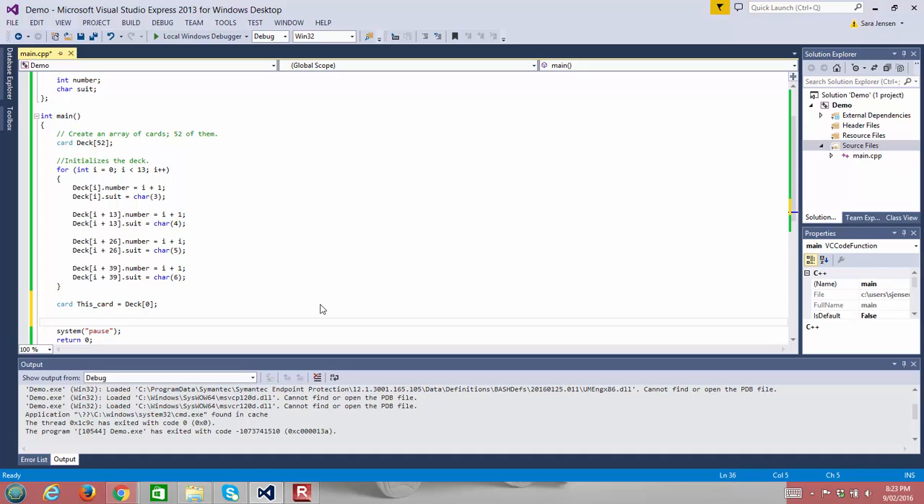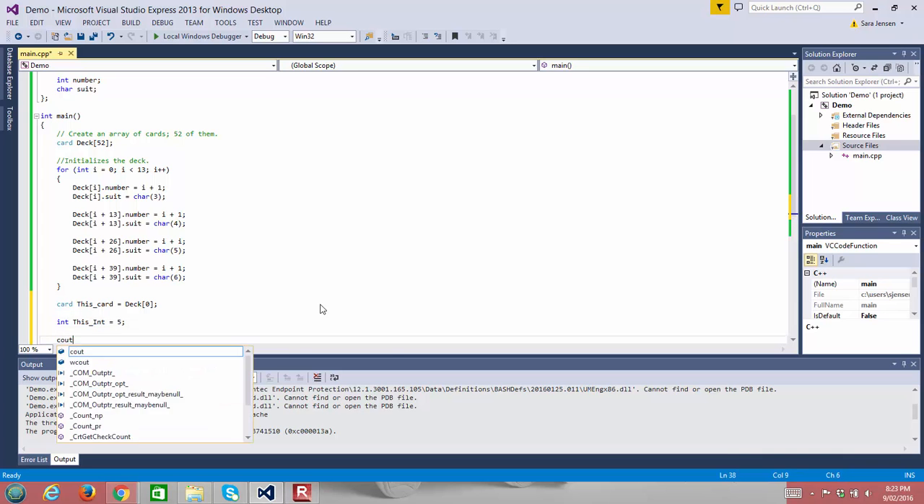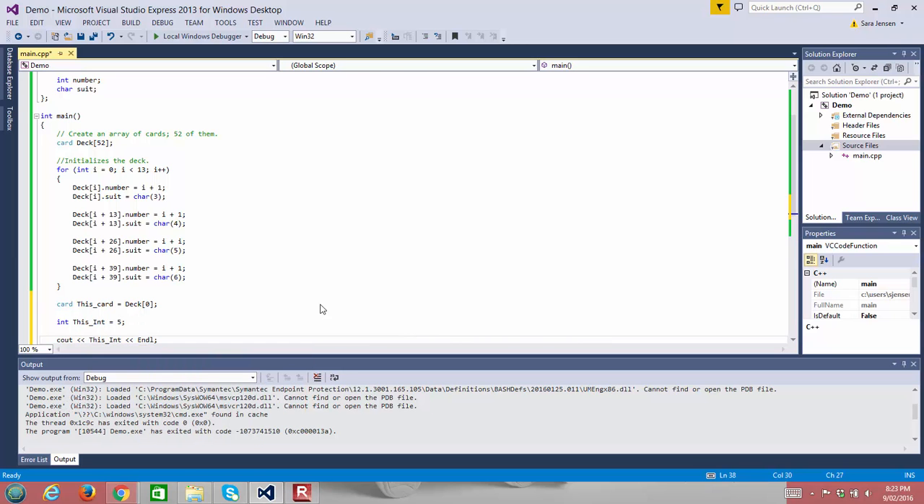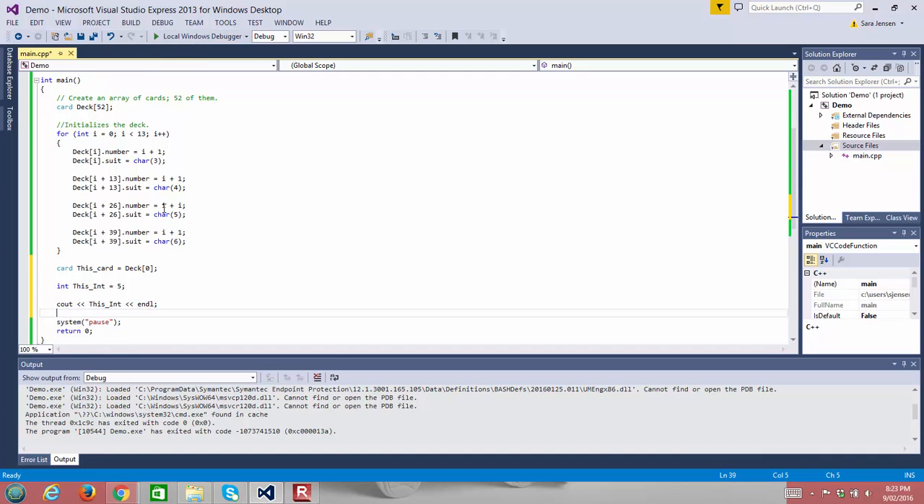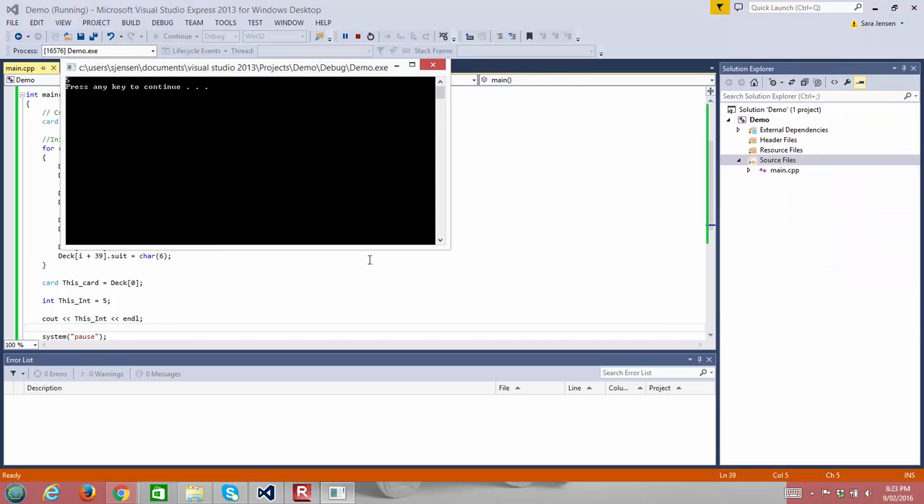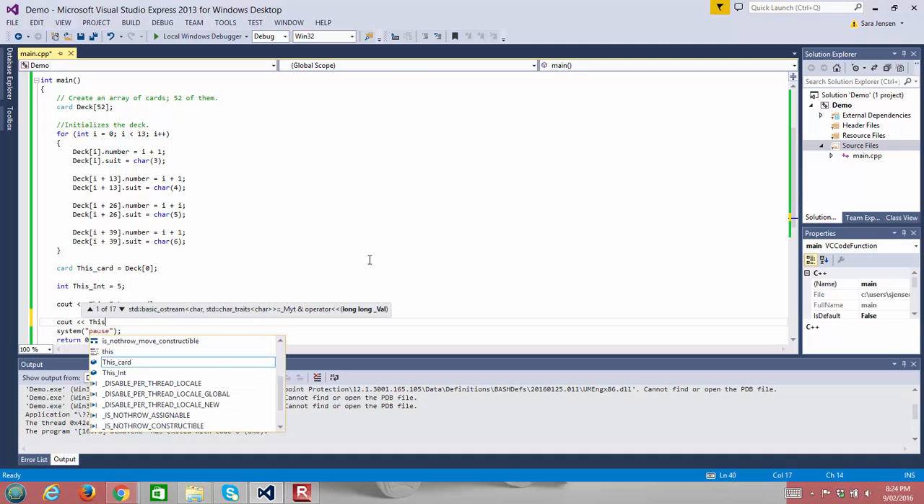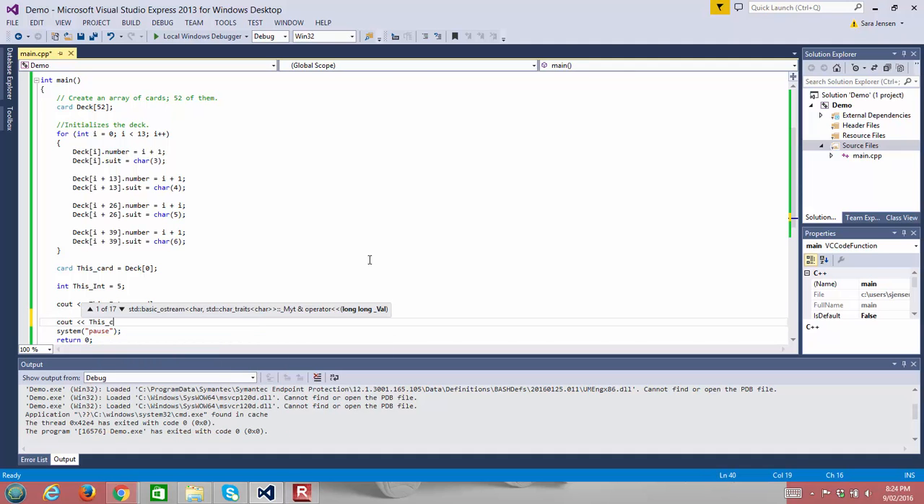With an integer, if I wanted to see an integer, if I have integer this integer is equal to 5, I can say cout this integer, and then end the line, and I could compile this and it'll print 5 to the screen, the value of this integer. And there's no problem with that. If I try to say cout this card and end the line,